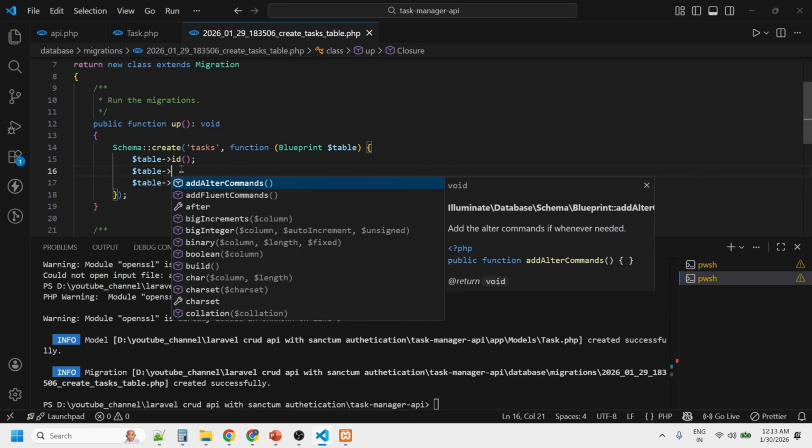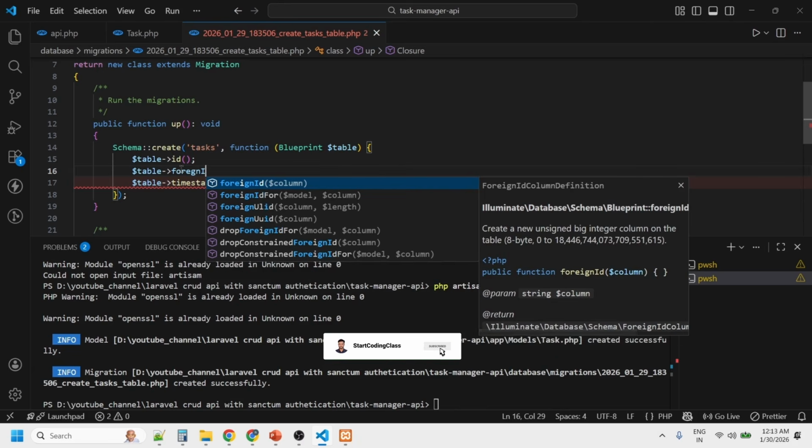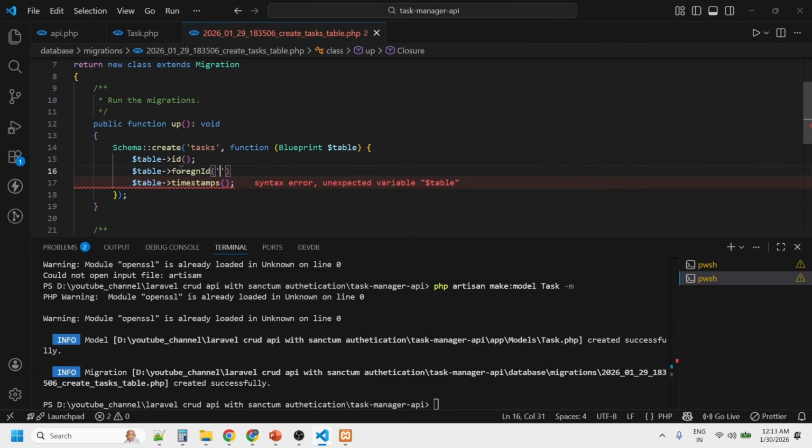Different tasks are related to different users, so in this table we will also store the user ID. That user ID is a foreign key of the user table. So in this table, we are going to create a foreignId, user_id,